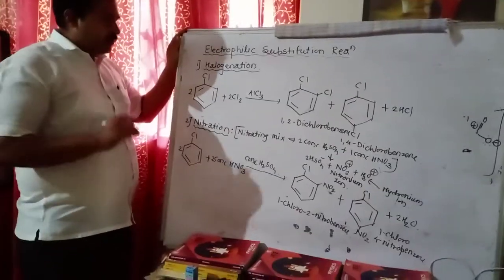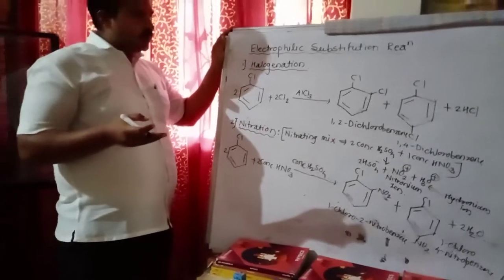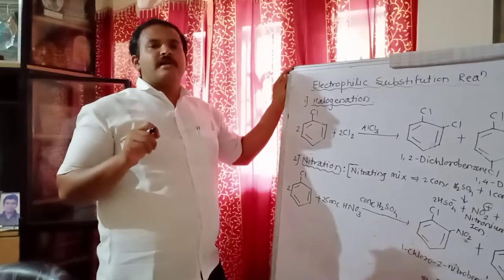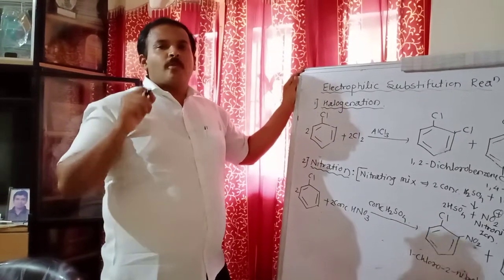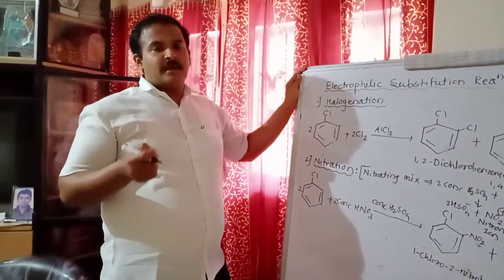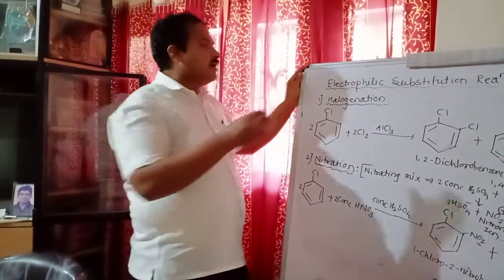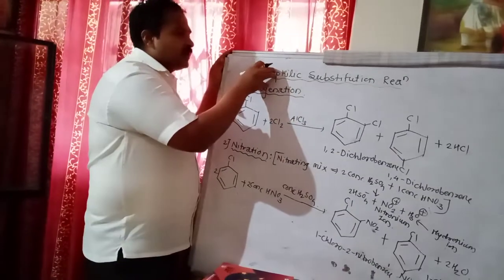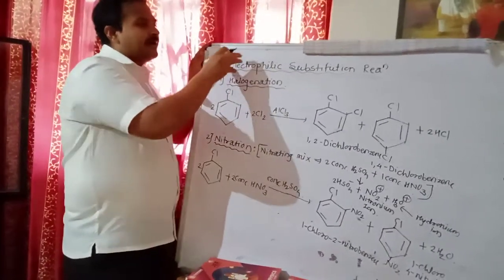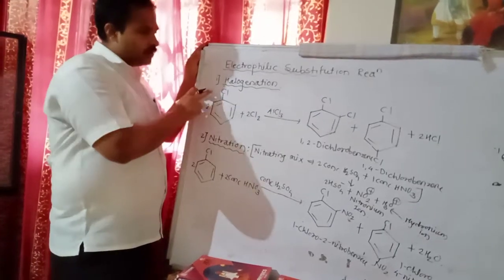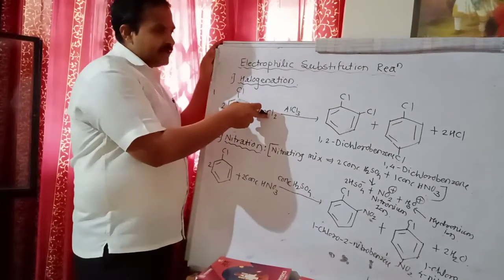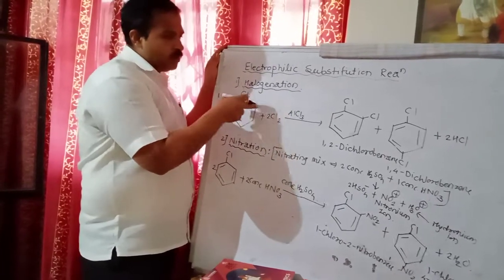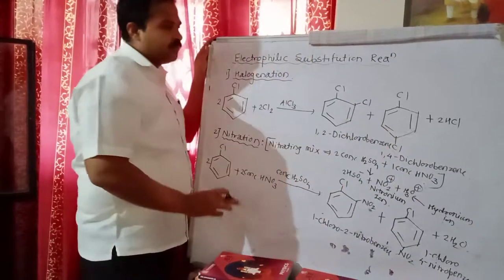Students, see carefully. You know that in the last lecture we saw the nucleophilic reaction. What is the meaning of nucleophile? A nucleophile is an atom or group of species which carries negative charge. It is an electron rich center. An electrophile is an atom or group of species which carries positive charge. It is an electron deficient center. In the halogenation, the chlorine carries positive charge. It is an electrophilic substitution reaction. Therefore, chlorine goes to the ortho and para positions, and we get 2 products.